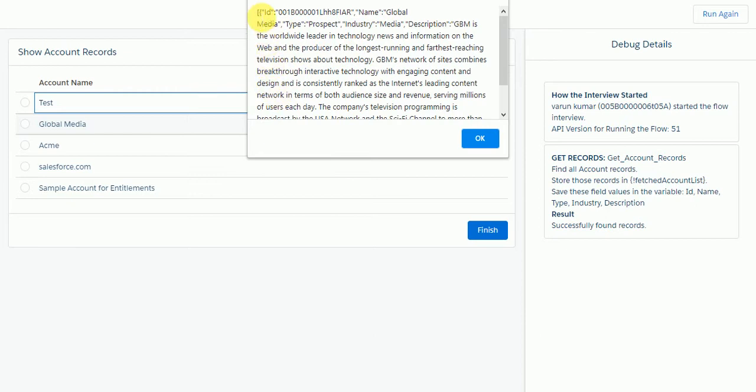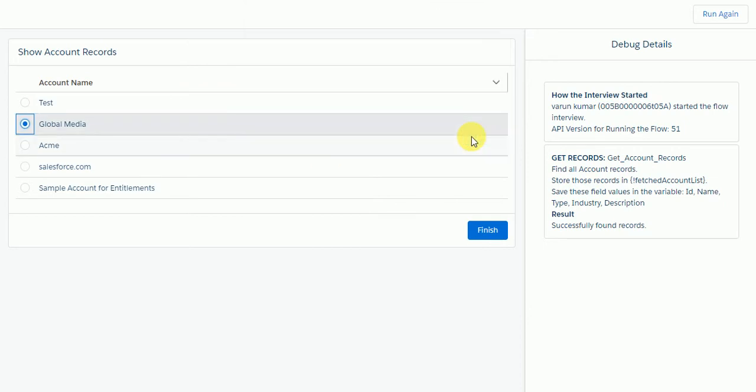selected account is an array which includes the list of accounts. But as of now we have reduced the max row selection to 1. That means we can only get one record at a time. So we have to get back the selected record to the flow. From lightning component we have to pass the selected account to the flow. So I'm going to pass an attribute from lightning component back to flow.